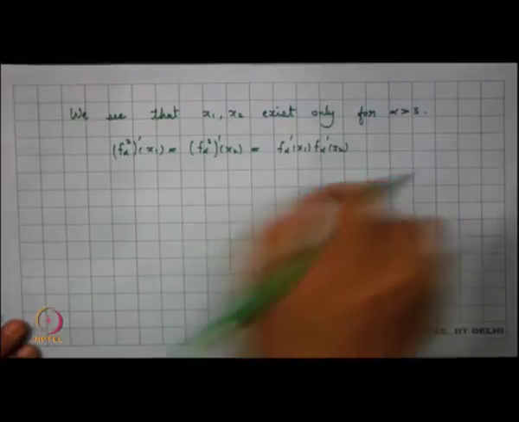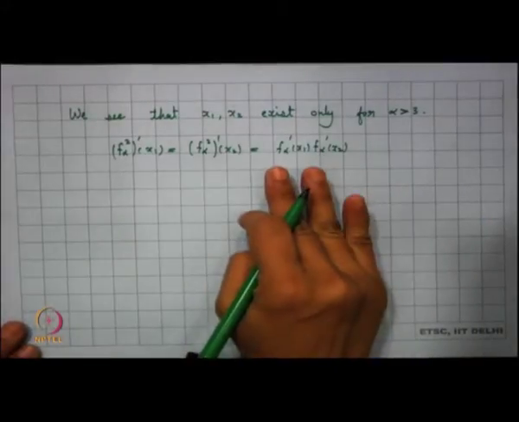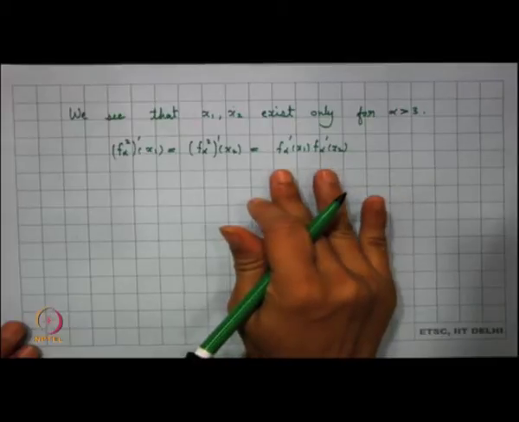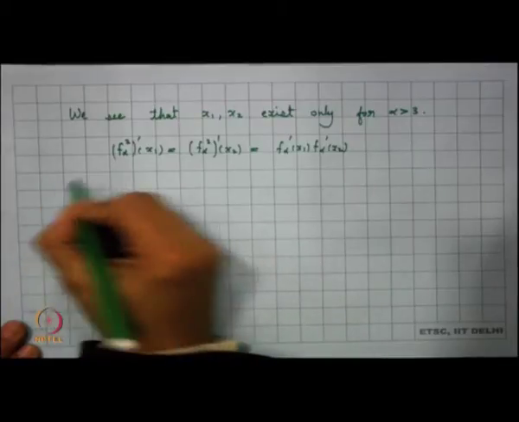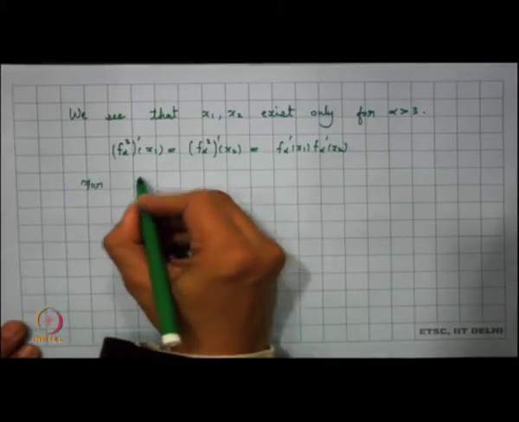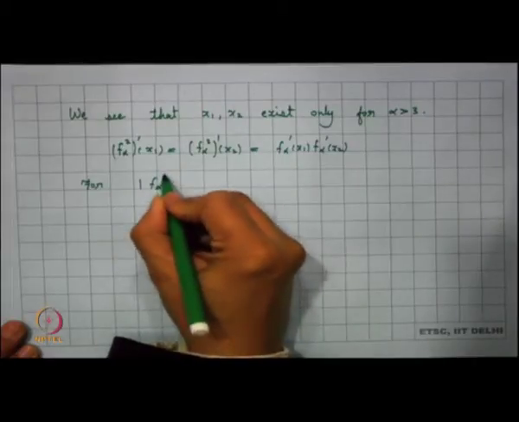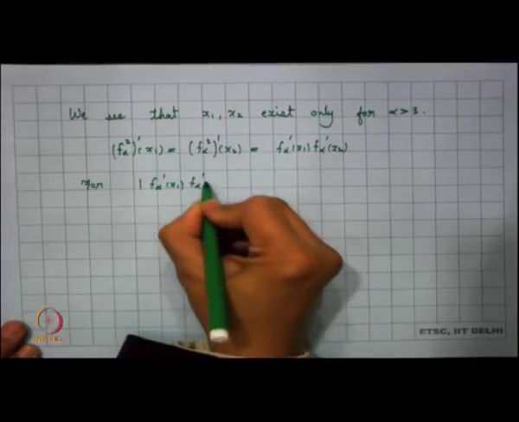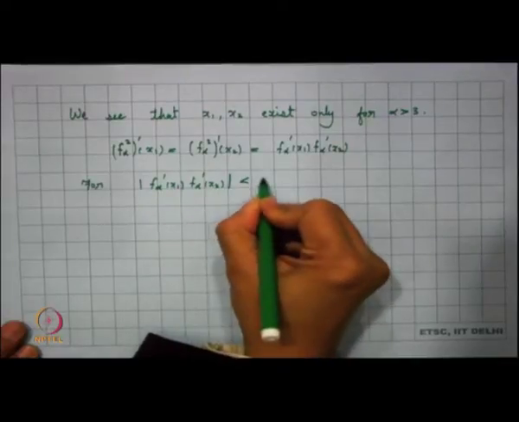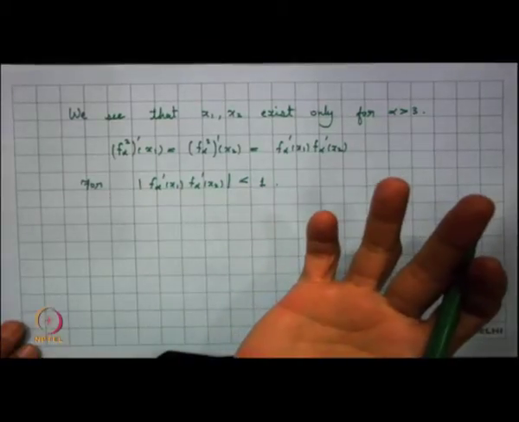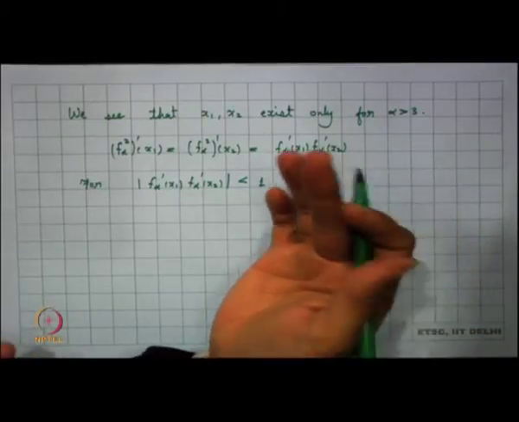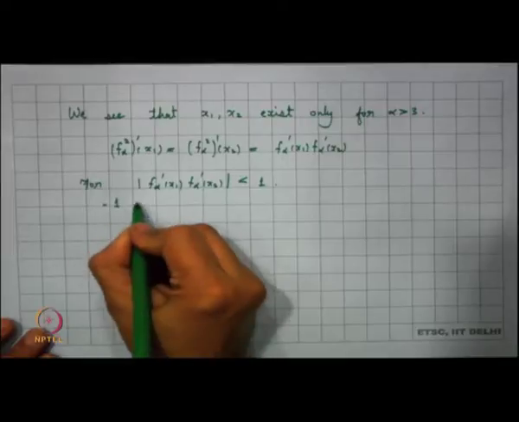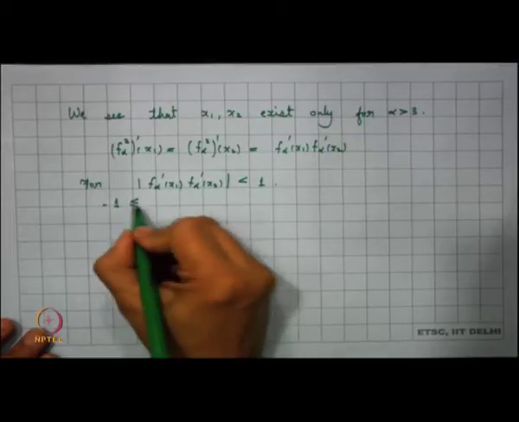Now, we want to say that this is a hyperbolic periodic point. So, this periodic orbit is hyperbolic when we have f alpha prime x1 times f alpha prime x2 less than 1 in absolute value; it basically gives me a sink there. So, if I look into this, this basically means that minus 1 should be less than this product, and this should be less than 1.